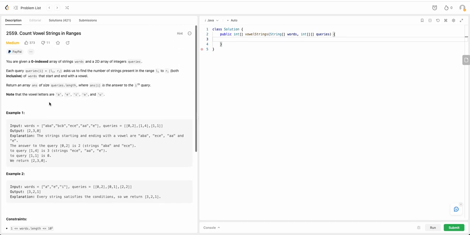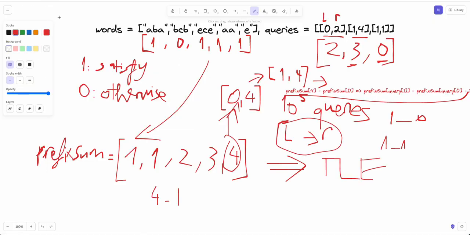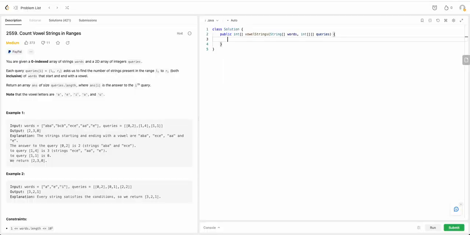Okay, first of all, we will need to check every single word, and for every word we will need to check for this condition, and if it satisfies the condition, we will mark it as 1, otherwise we will mark it as 0. Okay, and we will need another method to check is start and end with vowel, string